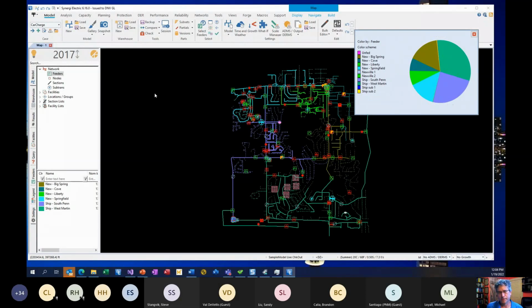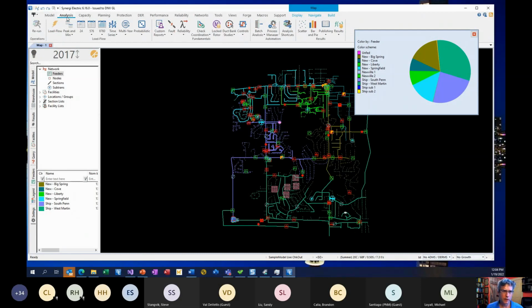One of them is one of these things that's surprising that it's taken us so long to do, one of these things that seems, wow, this is a great feature to have. It's simple to do, and I don't know why it took us so long to do it. But previously, if I would run something like a load flow analysis and want to look at the results, we run load flow, and then